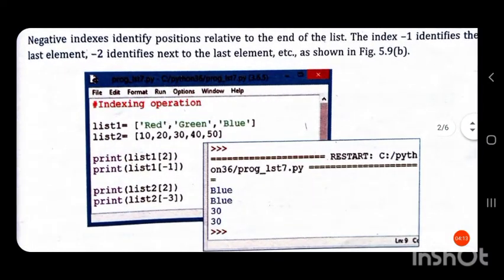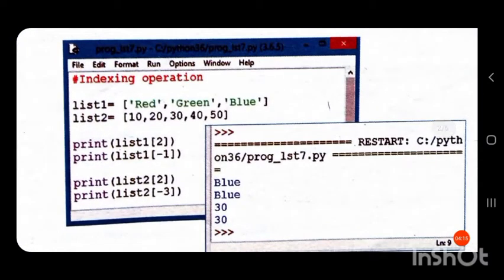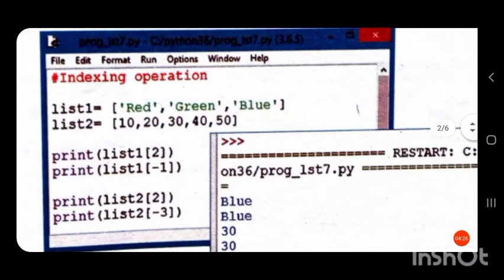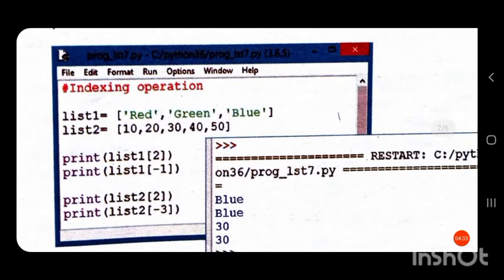So, here we have two lists. List 1 containing strings, that are colors red, green, blue, and the second list is a list containing integer values. If we want to access an individual item in a list, so red, green, blue are individual elements of list 1.